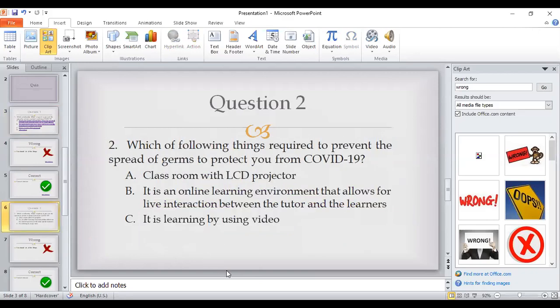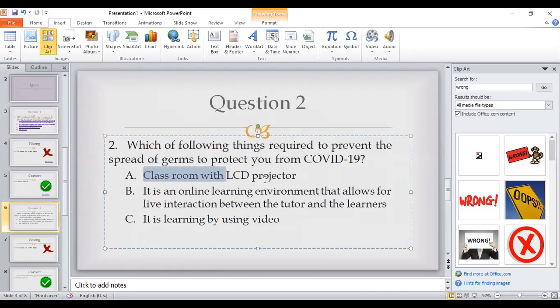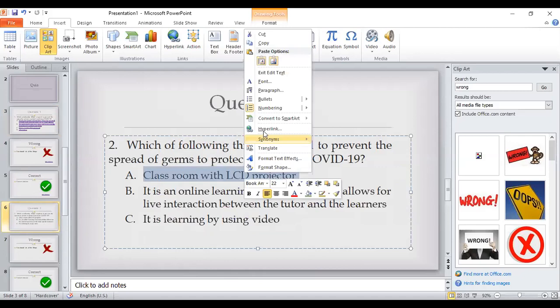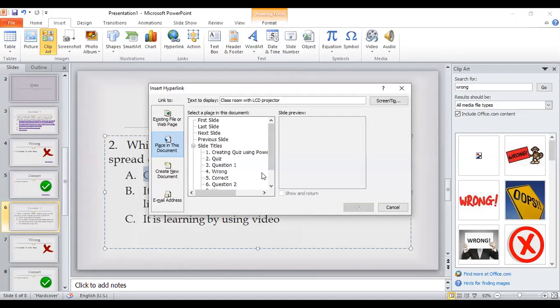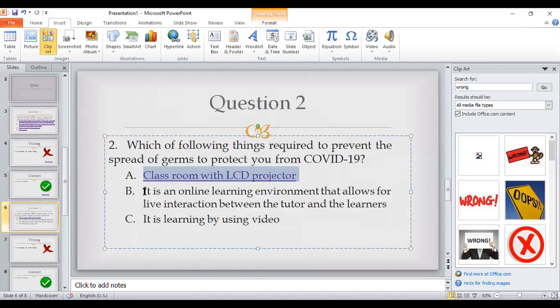Again for the second question, I'll select, suppose this is a wrong answer, then right click, then Hyperlink, and for this I'll select the wrong slide after question 2. Then this is the correct answer.